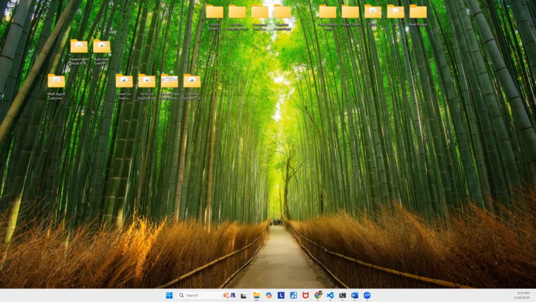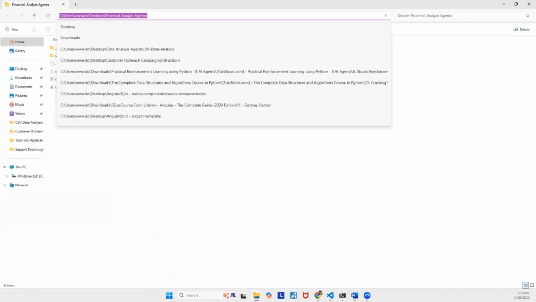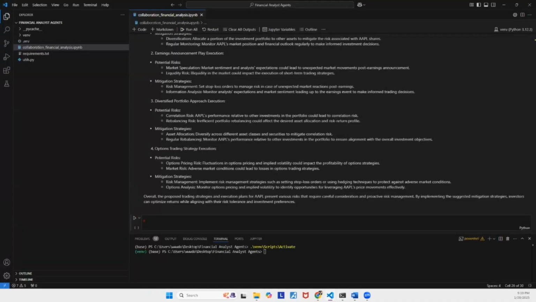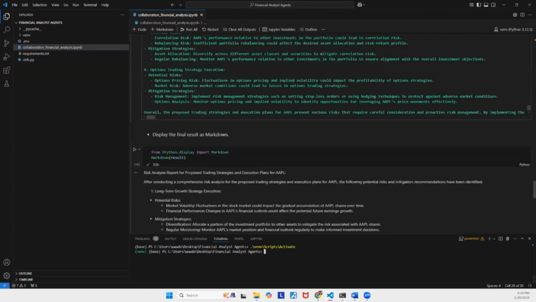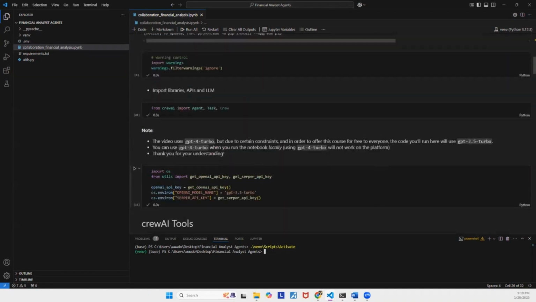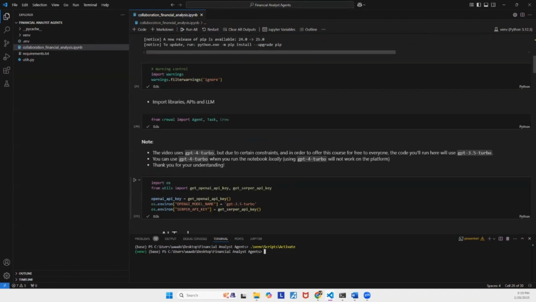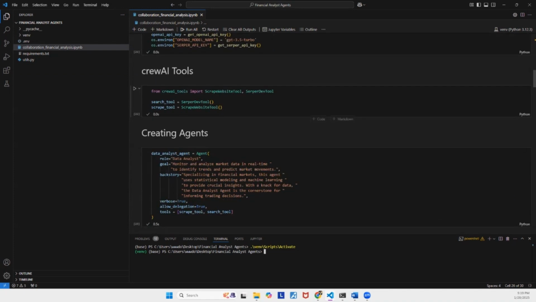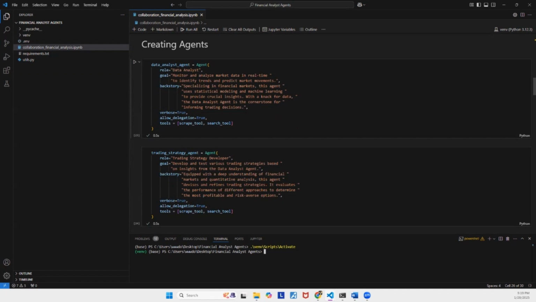What's this? Let me open this real quick. So if you see over here, I just ran this, I mean, just a few minutes ago. Here we were using the same OpenAI model, GPT 3.5, for the brain of the agent. That's called the LLM. And we were using the same Serper dev tool and scrape website tool. And here we are creating a data analyst agent that's going to monitor and analyze the market